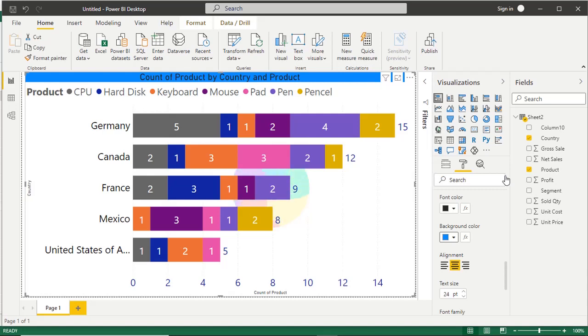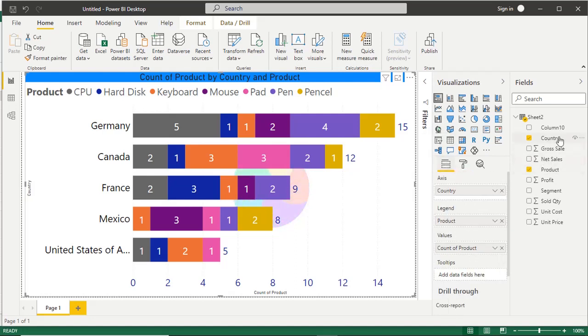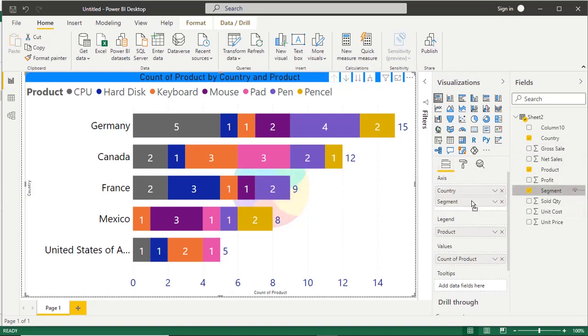Now the question is how to drill down the data, because the data is displayed only for the countries, and I want to check the data also for the segment. So again back to the fields and place this segment on the axis. You can see nothing happens.